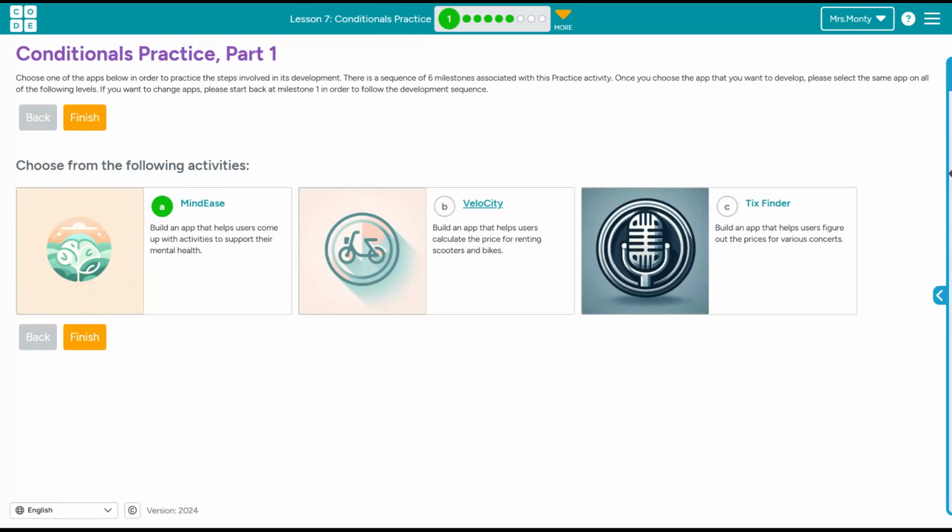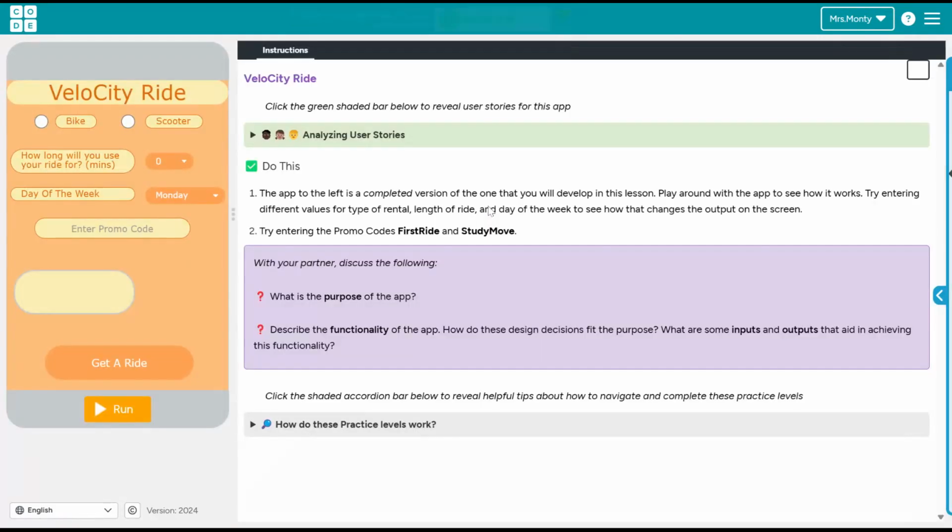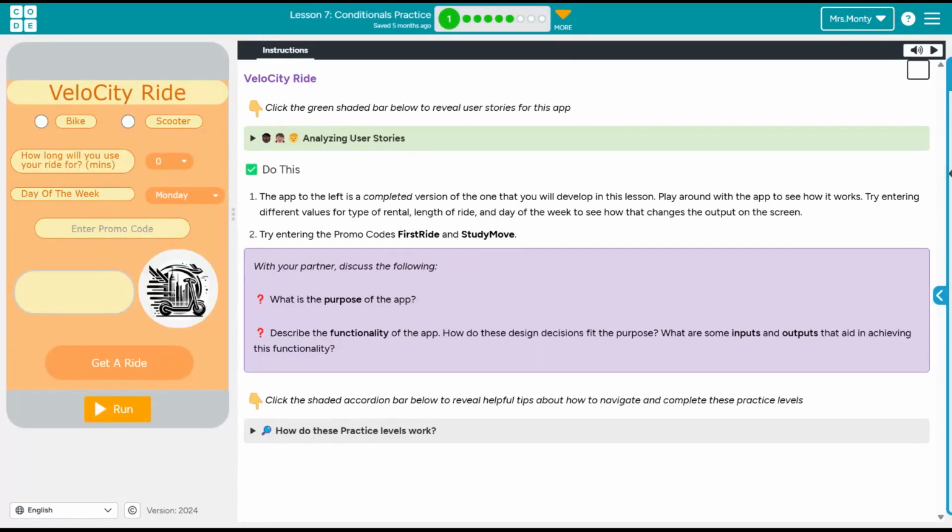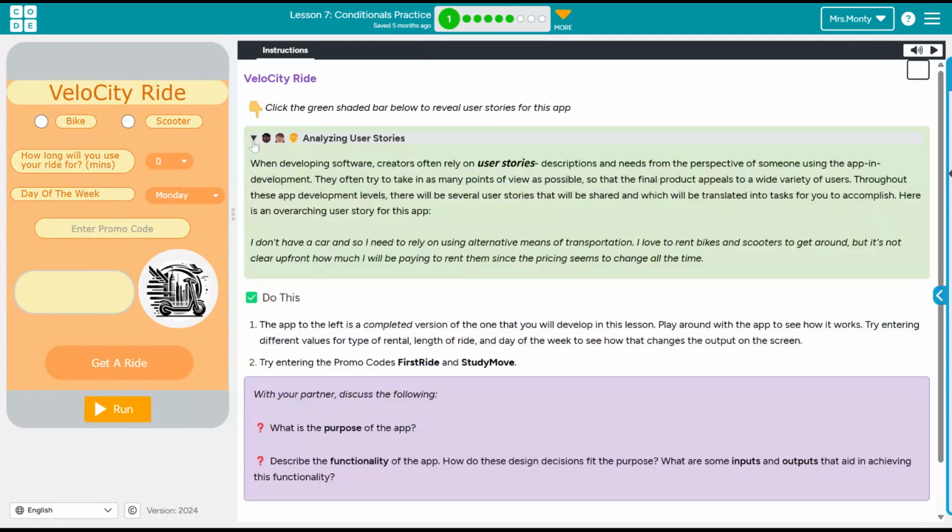All right, so if you remember from the last time, the first bubble gives us the working version of the app so we can play with it a little bit and see what happens. We also have our user stories involved in these types of lessons. So for this VeloCity Ride app,